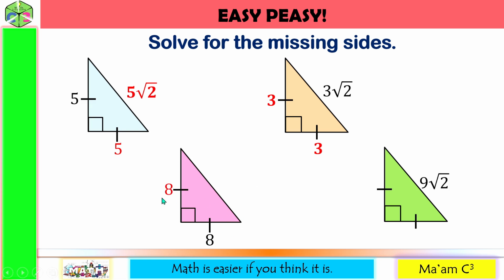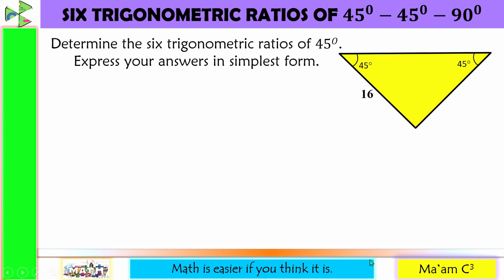The hypotenuse is 8 square root of 2. Now, again, we are given the hypotenuse, so one side will be 9. The other side is also 9. Since you have mastered already determining the missing sides, let us solve for the 6 trigonometric ratios of a 45-45-90